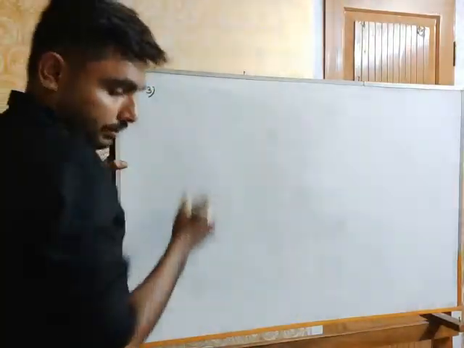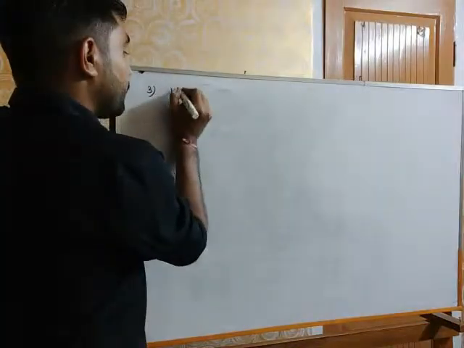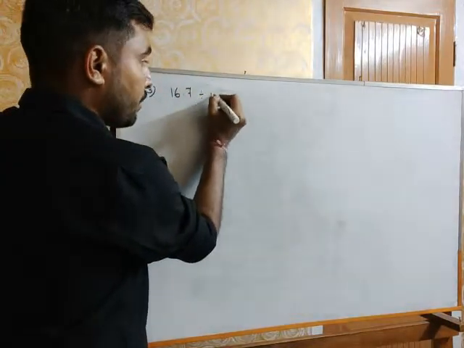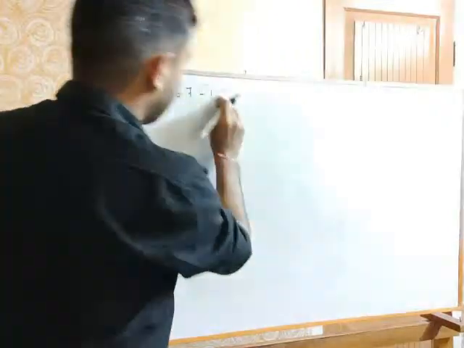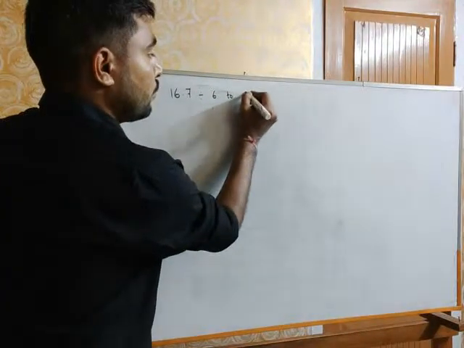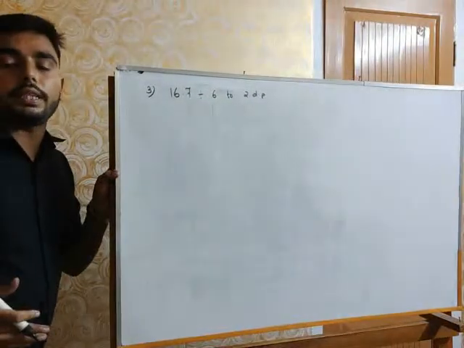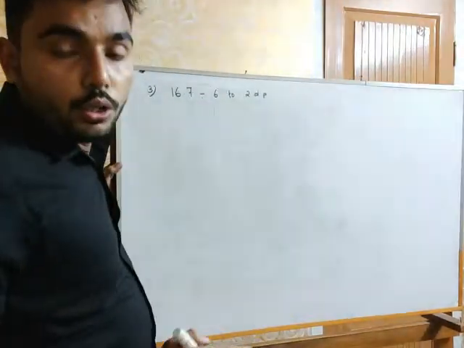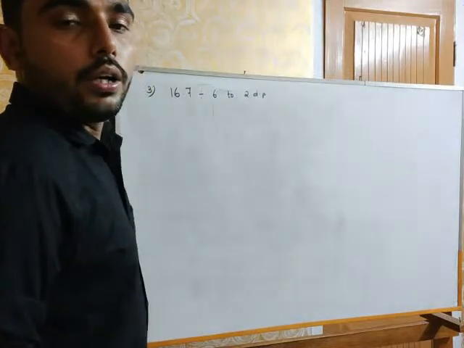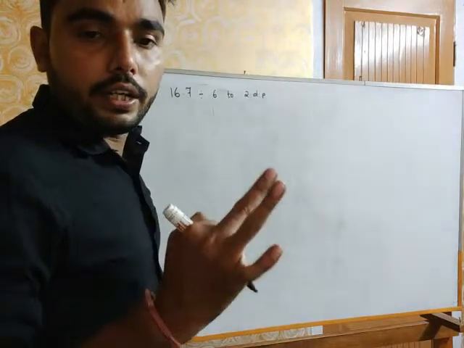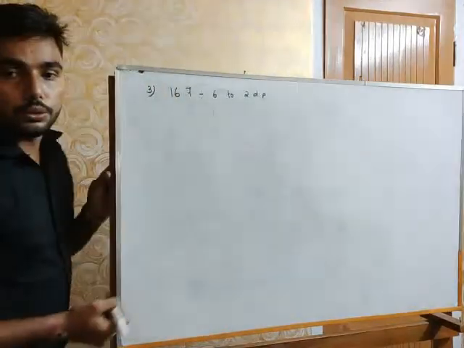Let's see number 3 then. 16.7 divided by 6 to 2 decimal places. Now if it is 2 decimal places, then how many digits do you have to take in the division or quotient? You have to take till 3 decimal places, is it or not? So it will be